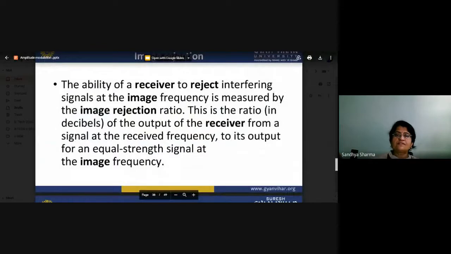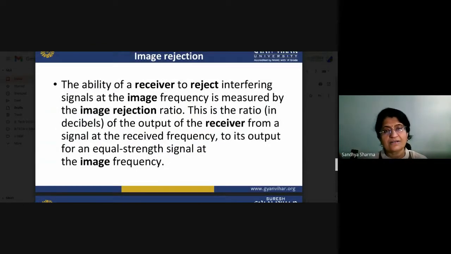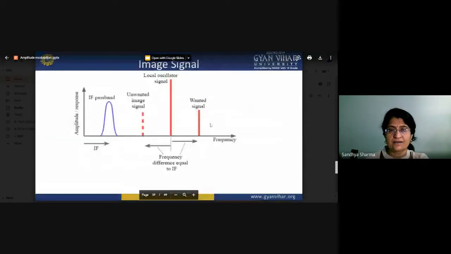There is again a problem of image signals. The signal we want to transmit lies in the frequency spectrum, and at that particular stage, the frequency at the negative side, if anyone tries to see that part, the image may be rejected. Why is that image rejected? Because the difference of that image from 455 kilohertz is the same. If it is the same distance, we cannot remove our image signals. So for removing it, first of all, it passes through the RF amplifier. After passing through the amplifier, our signal may be recovered.